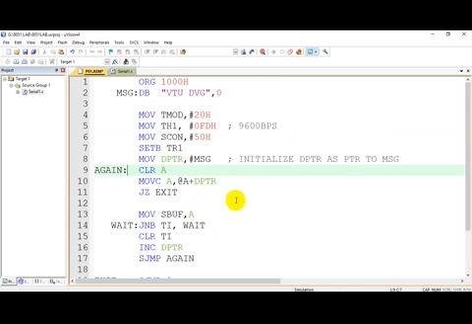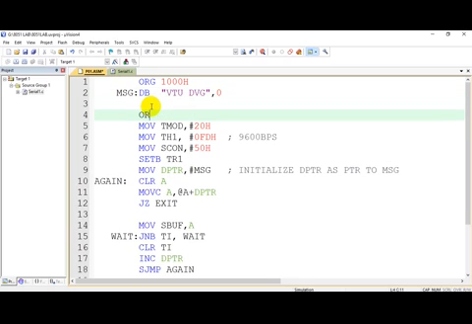Okay. I repeat again. First you define the message in the code memory using the define byte directive. The syntax is: give a name to that code memory location. Then message DB, VTU Davangere is the message, end with 0. Okay, and here you should start with org 0h.